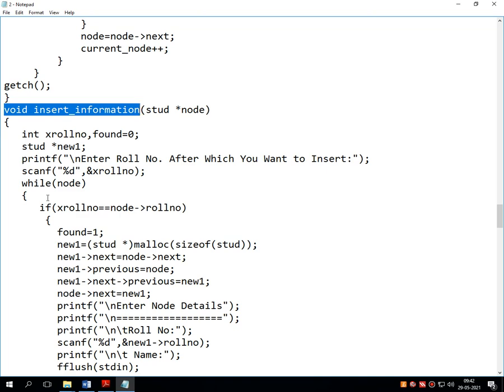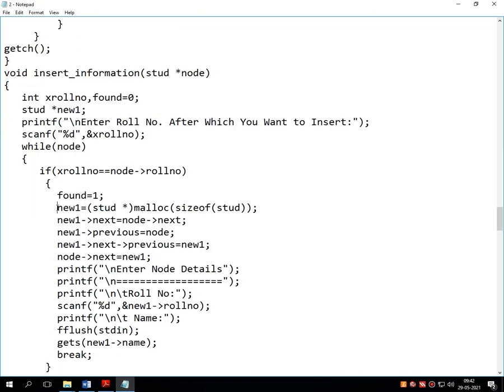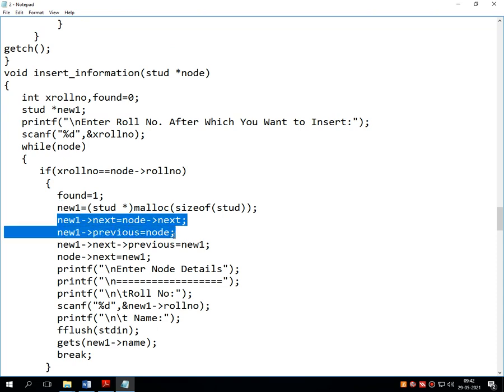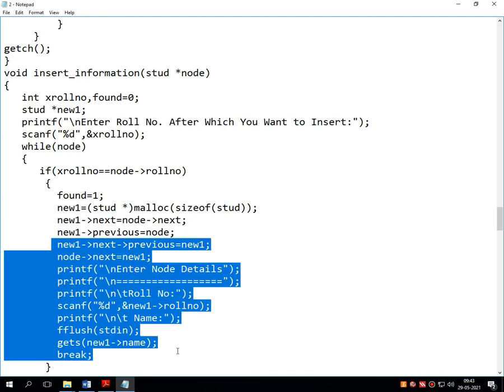It should be available in memory. For that it creates the new node, establishes the appropriate connections, and then adds that particular node into the linked list. So 6 I have. Suppose I perform this operation, automatically it becomes 7.